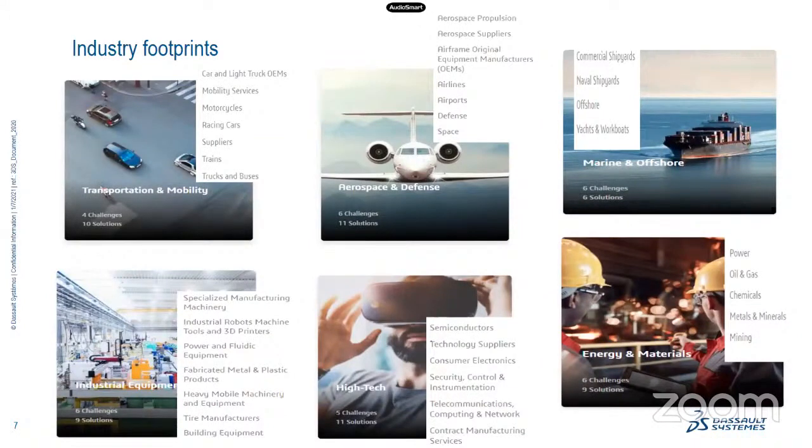A lot of simulations are happening, like crash, many other analyses, suspension, crankshaft analysis, a lot of things. Aerospace, like fuselage analysis, complete composite structures, and maybe fuselage cabin comfort analysis. So there are certain analyses we used to deliver for customers in the aerospace industry, marine and offshore. Of course, a lot of applications are there also.